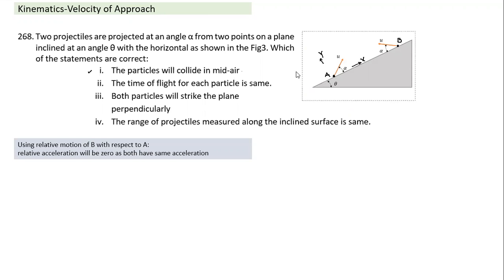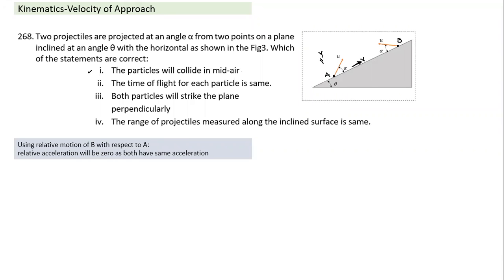That is another thing we understand. Relative acceleration will be 0 because both have same acceleration. So when we take relative velocity, now acceleration is gone. What would be the relative velocity here? Can we quickly find out what the relative velocity will be in this frame of reference and this coordinate system? What is the coordinate system we have taken? I have taken A as a frame of reference, and the coordinate system is x-axis up the slope, y-axis perpendicular to the plane.